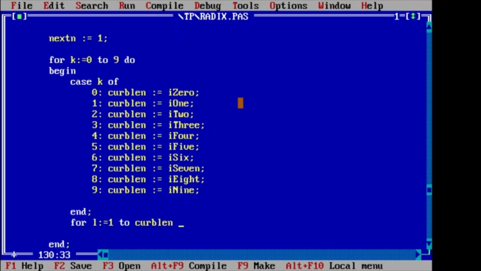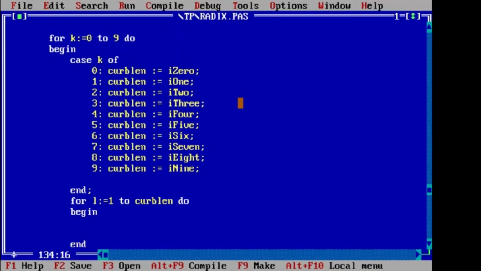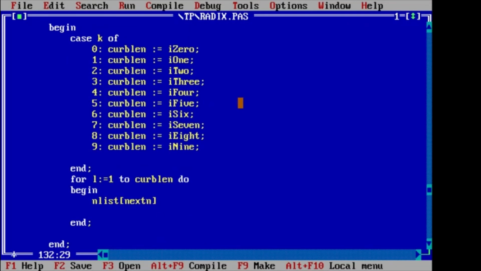So now we write this, and then we'd say begin and end again. So now we go and assign to our list, which is now pointed. We will change the actual list in memory, not a copy of it, but the actual list. So now we will say that next n, remember I set this to 1 before. So now we will change next n into, we will assign it what is in the buckets at position K,